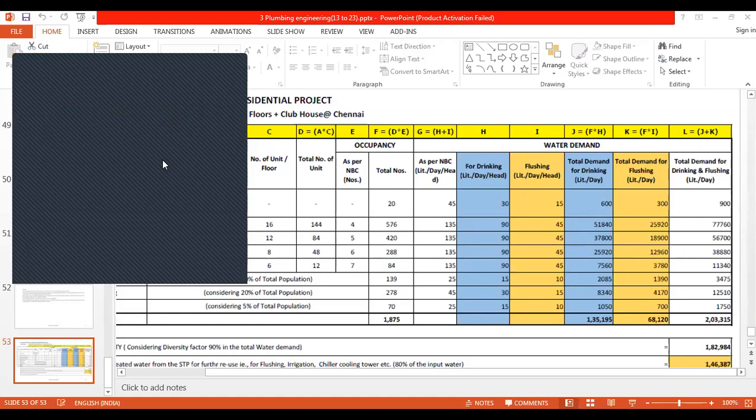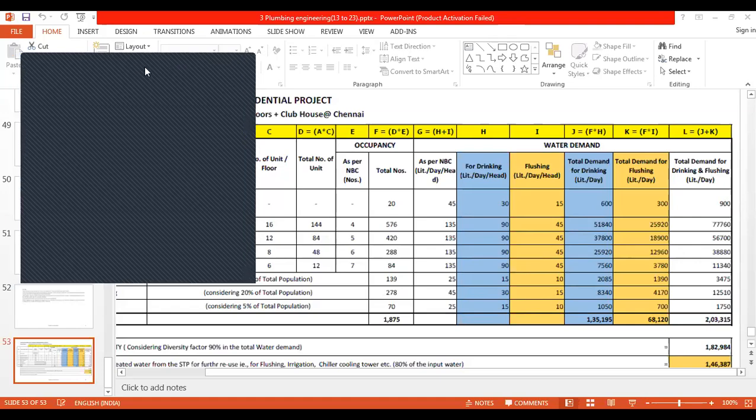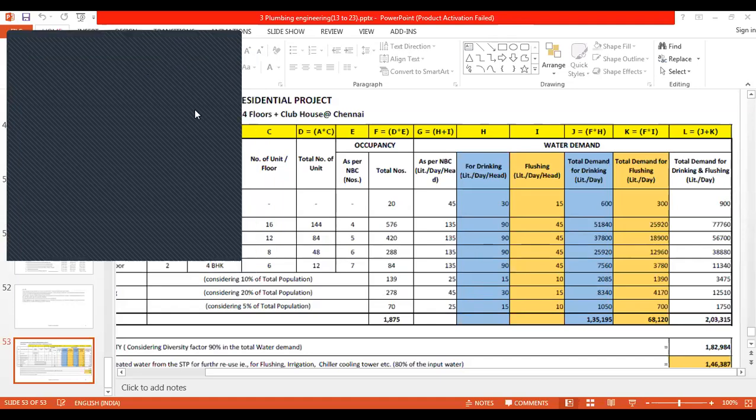Suppose they don't get water from the municipal source, or there is a lorry strike or any other problem, then you can use the stored water for one more day. If the client wants to invest more money for storing water, you can store up to 5 days or 1 week also, no problem. But you have to think about the storage space also. That's why clients store 2 days' requirement only; most clients are not ready to invest more money for this